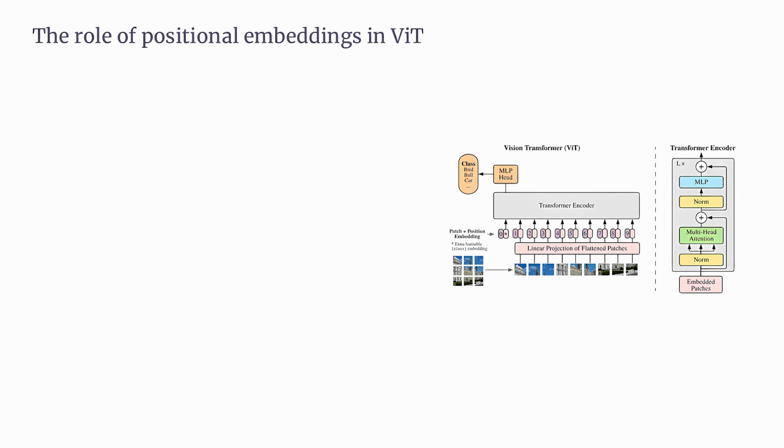Since transformers, by design, are position agnostic, they don't inherently understand the spatial relationships between elements, in ViT's case, the image patches. An image has a specific spatial structure, like left to right or top to bottom, and positional embeddings provide the transformer with the necessary context to understand where each patch is located within the original image. Let's break this down. The first,